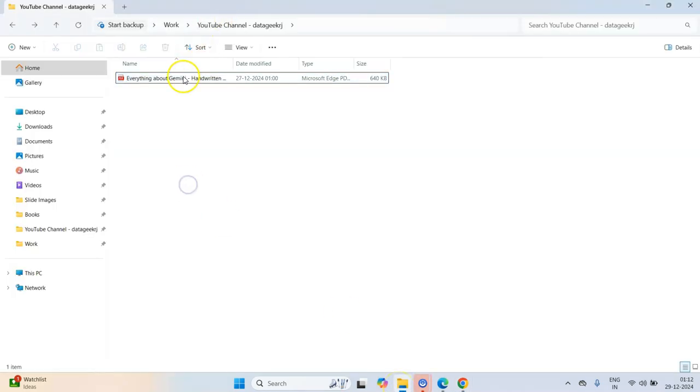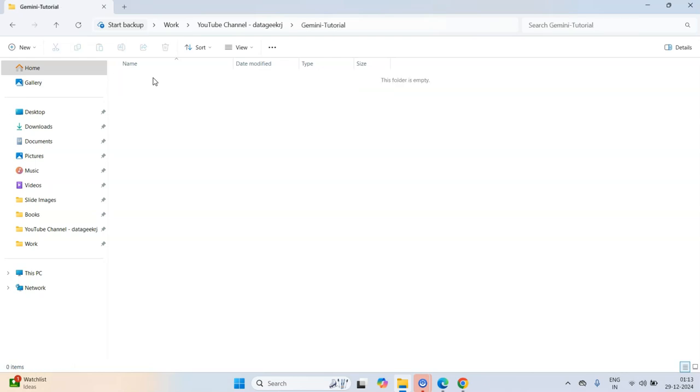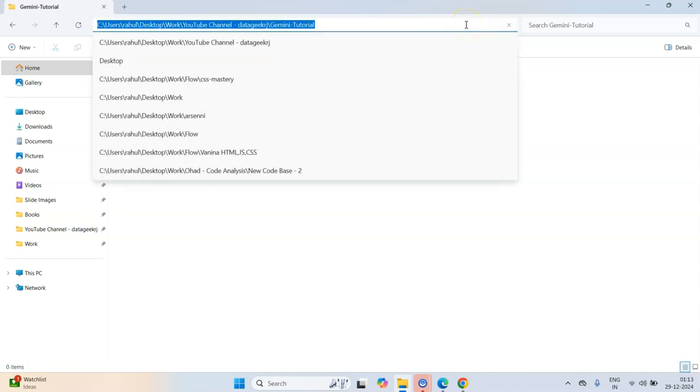So I have created this file, which is obviously for handwritten notes. Let me create a new folder, which I'll call Gemini tutorial. Okay, one second, I think I misspelled it. Okay, so let me go inside this folder and open Visual Studio Code.